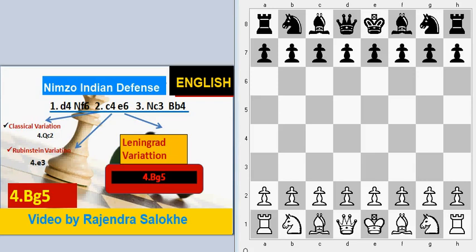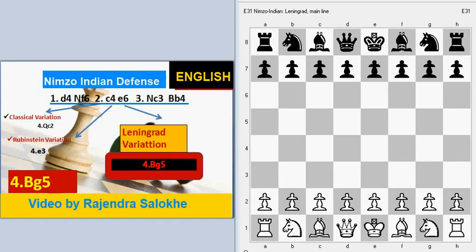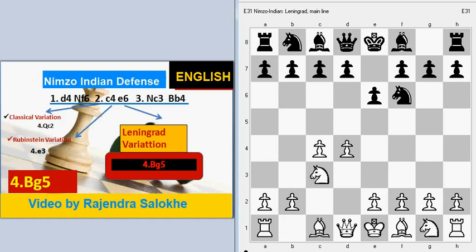Today we are learning about the Nimzo Indian defense Leningrad variation. As seen in my earlier videos, and look at the chart at the left, the Nimzo Indian defense starts with d4, knight f6, c4, e6, knight to c3, bishop to b4. So now after this,